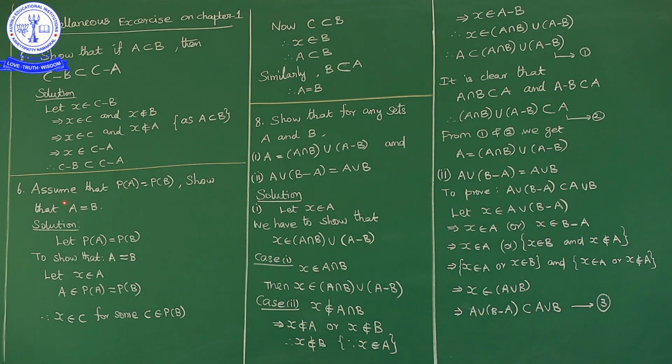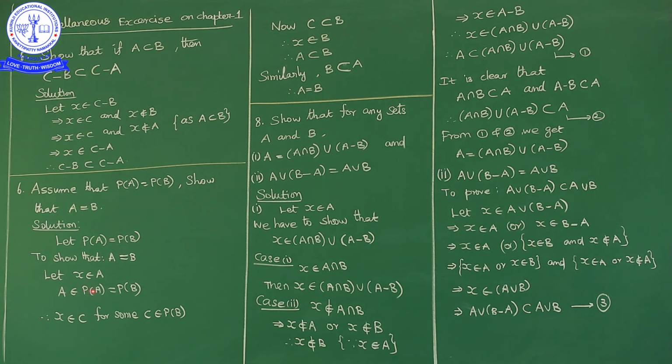Now, to show that A is equal to B, what will we prove? In general, in the sets concept, to prove two sets are equal, we prove that the first set is a subset of the second set and the second set is a subset of the first set. So, first of all I will prove that A is a subset of B. To prove A is a subset of B, I will take some arbitrary element in set A and I will prove that that arbitrary element is also an element of set B. Now, let x belong to set A, as A is an element of the power set of A.